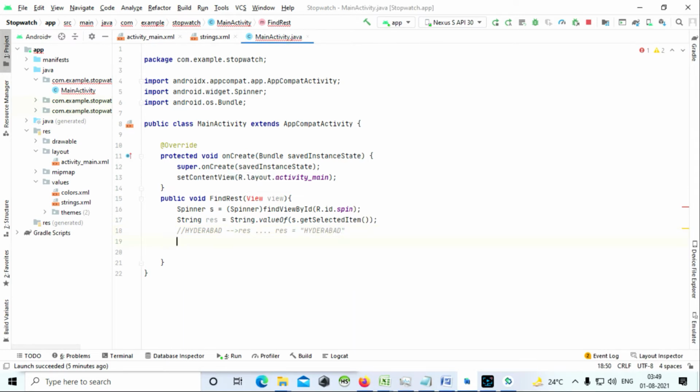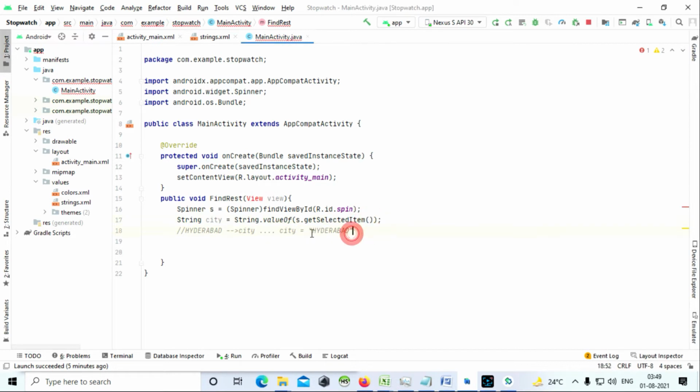Okay, so let's follow the next step. I'm going to pass this res. Let me be more readable and write it as city. It will be better, right? Let me change it to city. So this will become city equal Hyderabad.